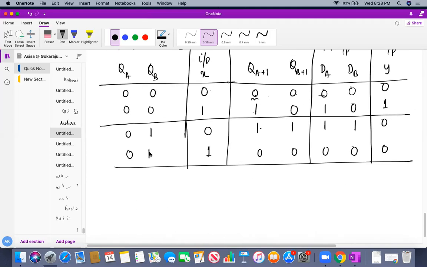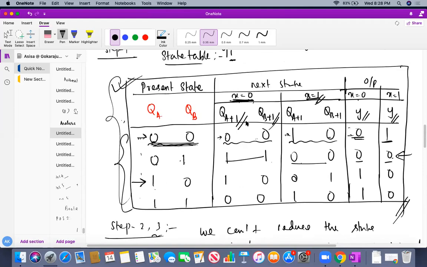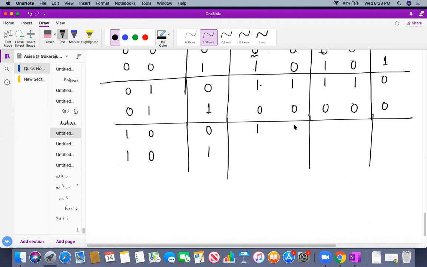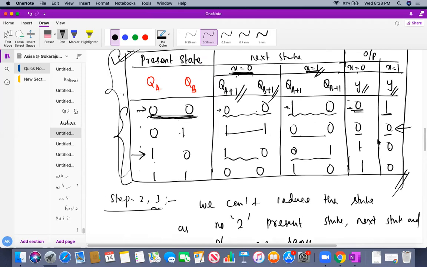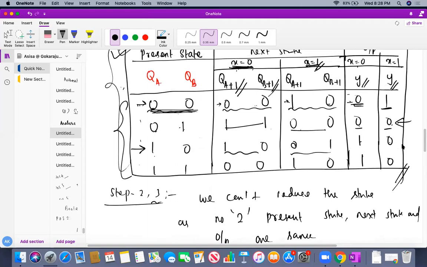Now, the present state is 1, 0, so we write down present state 1, 0 over here. Similarly, there are two inputs, 0 and 1. And what will be the next state? We can see from the state table: if it is 1, 0 and my input is 0, my next state is 1, 0. If input is 1, my next state is 0, 1. So my DADB follows it: 1, 0, 0, 1. What is my output? At X equal to 0, output is 1, and at X equal to 1, output is 0. From this only we are deriving, nothing else.